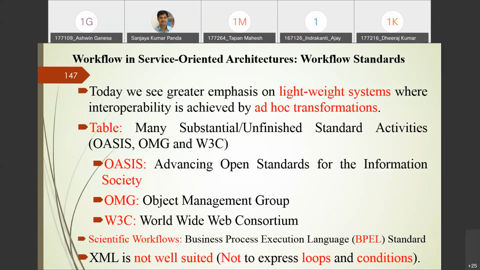Before showing that list, one of the popular standards used is called BPEL. BPEL stands for Business Process Execution Language. Especially this standard is used in scientific workflows. Many scientific workflows are there, like epigenomics, LIGO, SIPHT; I will tell you about these in other classes.